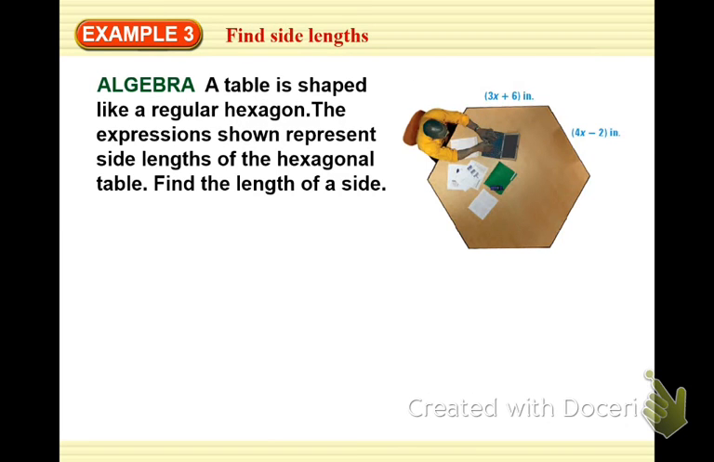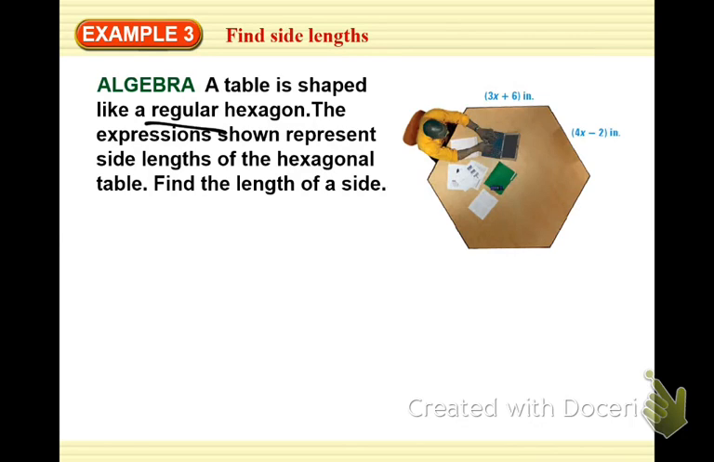All right? Some uses here. Like I said before, if we can ever model anything using a figure from geometry, and very often we can, we can use that information to help find side lengths, angle measures, things like that. So a table is shaped like a regular hexagon. We've got a couple of expressions to represent the side lengths of the table. Find the length of a side. Well, since it's a regular hexagon,